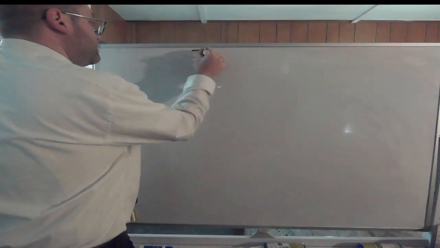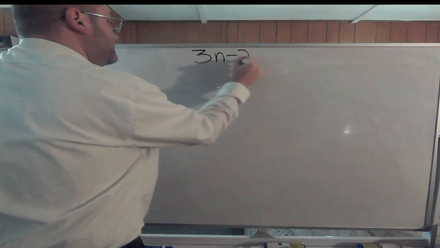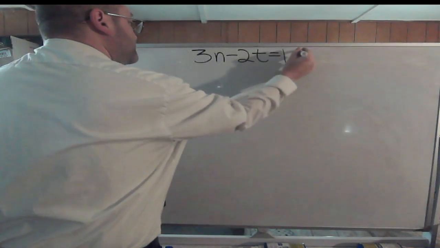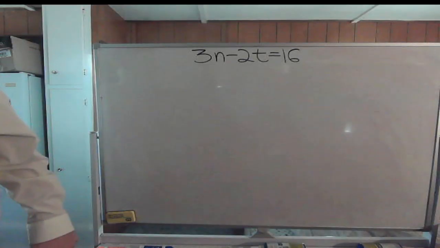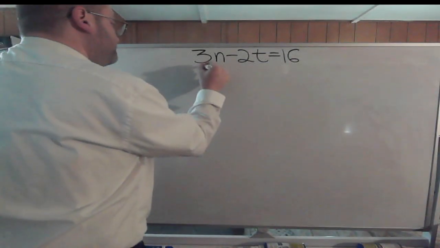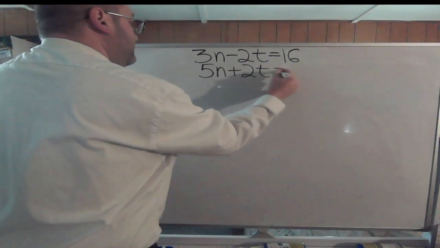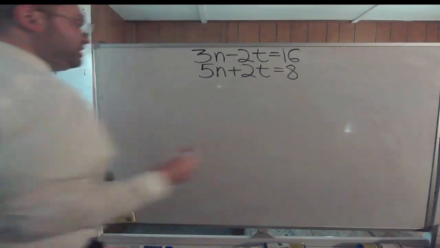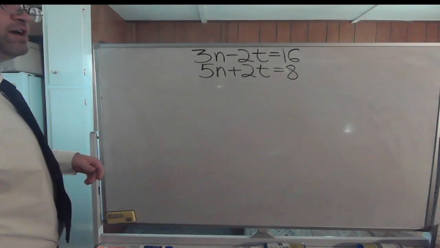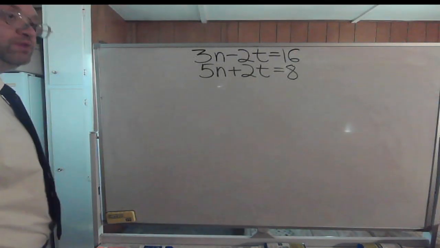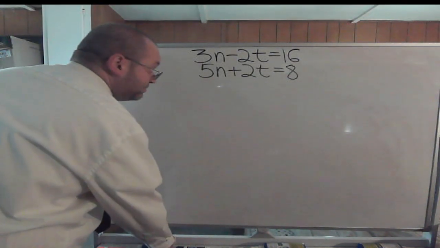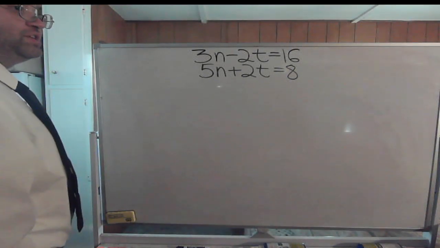Alright, what's next? Let's see, we have 3n minus 2t equals 16. Then we have 5n plus 2t equals 8. If you see an equation like this, I think it's readily apparent why you wouldn't want to opt for the substitution method, because then you're going to have a bunch of fractions to deal with. I mean, you can use it if you really want to punish yourself and deal with fractions, but